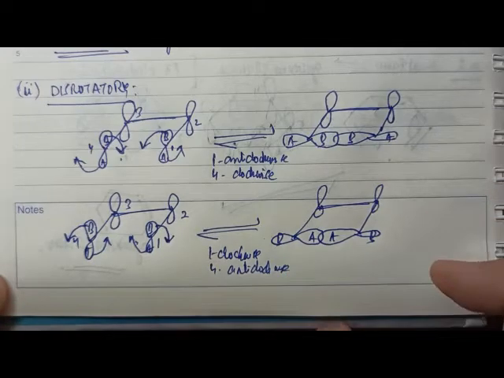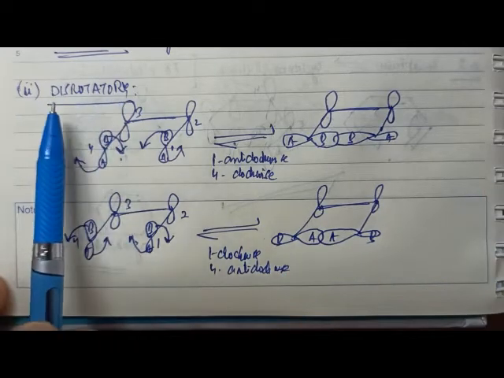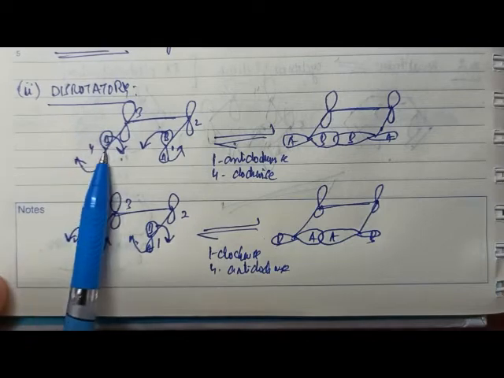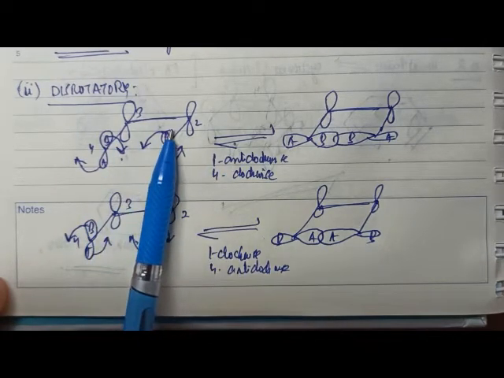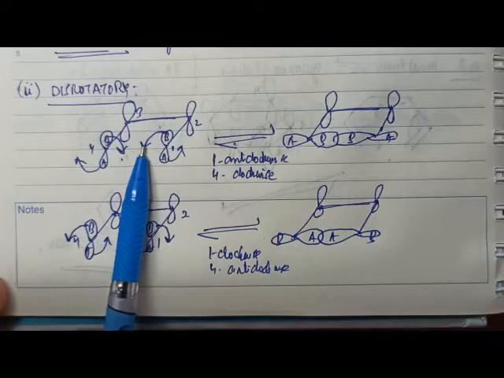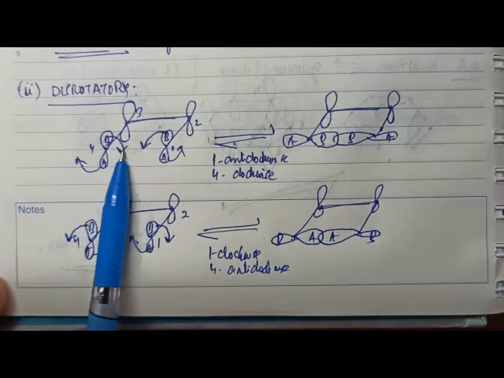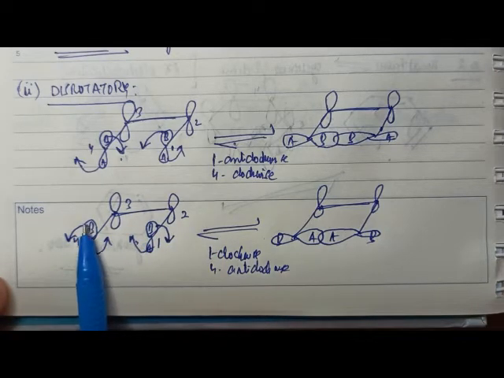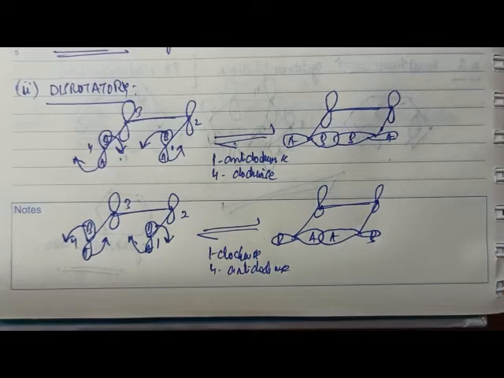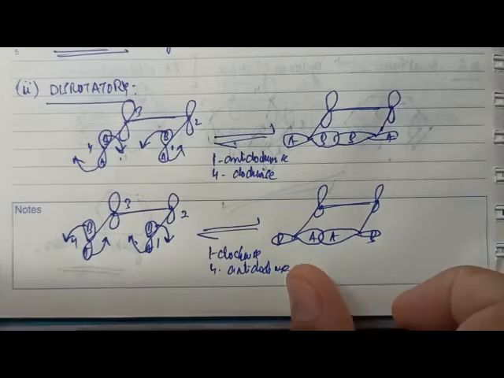Now, to say, in the second stereochemical mode, which we call disrotatory, the two terminal lobes are moving in opposite directions. Let's say the first lobe is moving in an anti-clockwise direction, the last lobe will be moving in a clockwise direction. Or if the first lobe is moving in a clockwise direction, the last lobe will move in an anti-clockwise direction. If both terminal lobes of the conjugated polyene system move in opposite directions, we call this stereochemical mode of rotation disrotatory. Therefore, what is disrotatory?